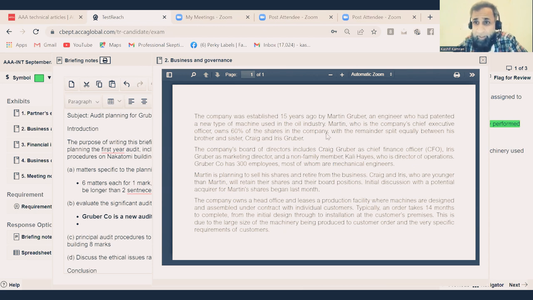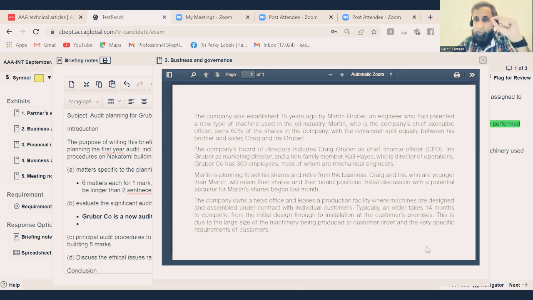See, a lot of time the students see the word patented and they say, oh, this is IAS 38. Patents should be recognized as intangible assets and amortized over the useful life. If patents are of infinite life, they should be reviewed for impairment. No, this will be hypothetical. If the examiner wants to draw attention to the patent, the examiner will give you a very particular paragraph about patents later in the case study.